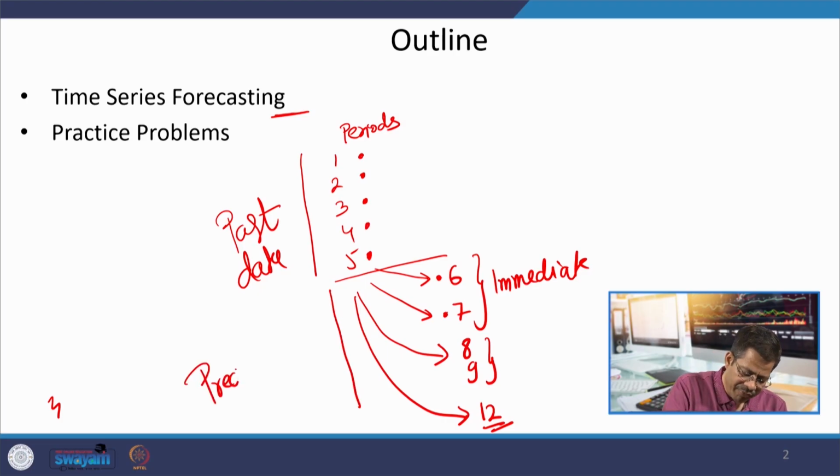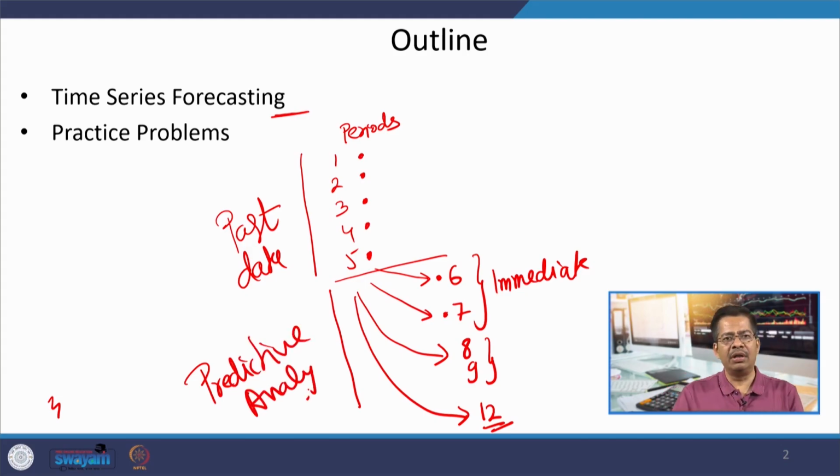So, this is the purpose of this particular session, that we are going to discuss one use case of forecasting, but there may be many such cases where you can see how you have performed in the past, and accordingly you have to use that historical data